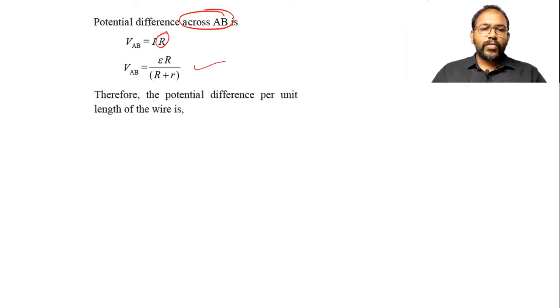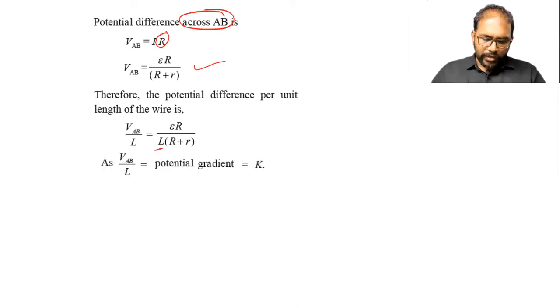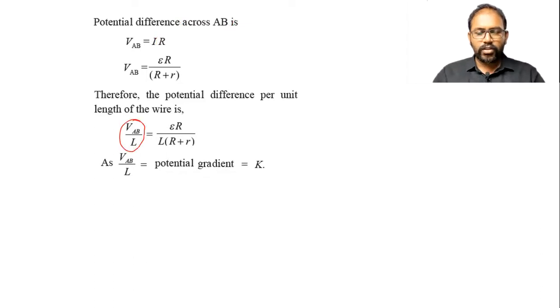Now after that, we have to write the potential difference per unit length of the wire, means potential difference divided by the length. So I can write V_AB divided by the length, capital L. So to this side also divide by L, means we divide LHS and RHS by capital L. But here you remember one thing: this V by L term is a constant. Let me name this as the potential gradient.